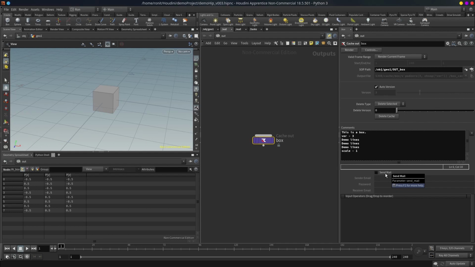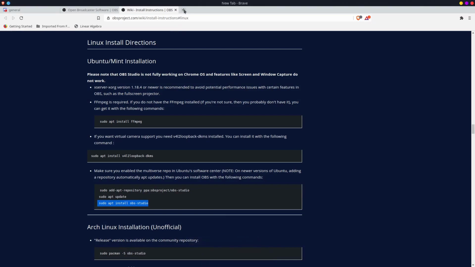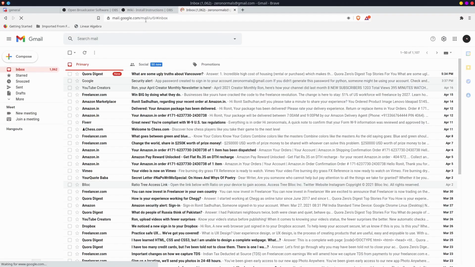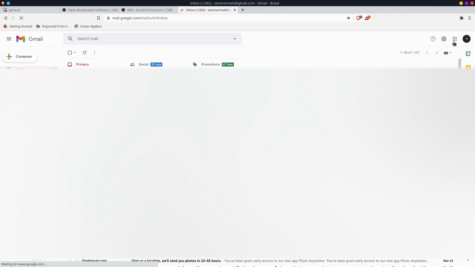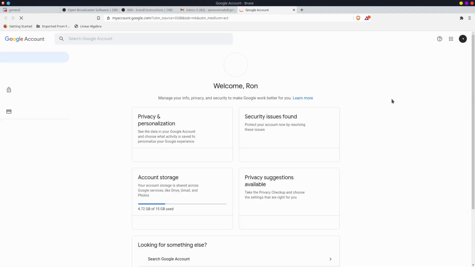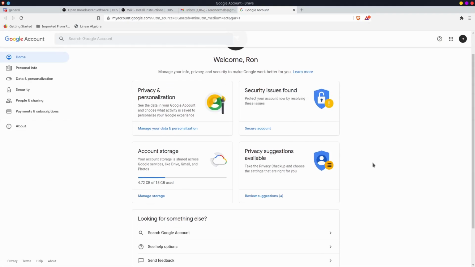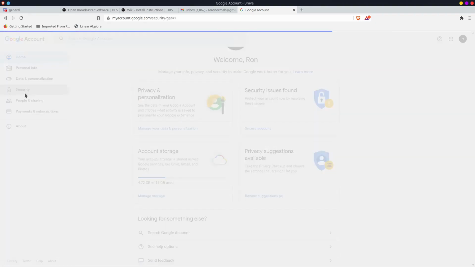To show that, actually, I'll have to show you a thing first. That is, you need to create a password for your own mail account. That is the first thing that you need to do. So let's say I just go to my browser, and if I just open Gmail, this is my account. So I will come here and I will go to manage your Google account, and here I have to go to security, I suppose.